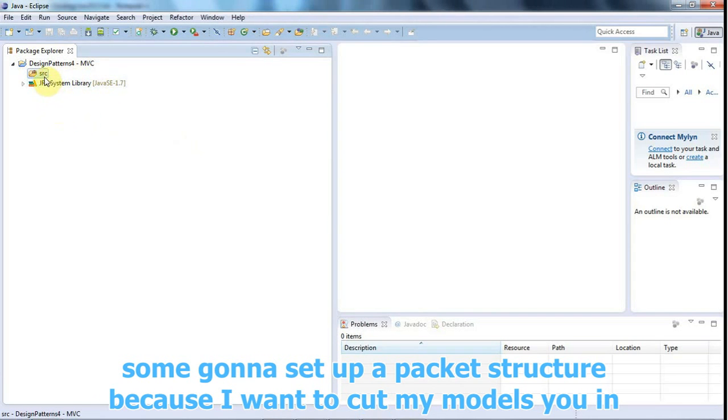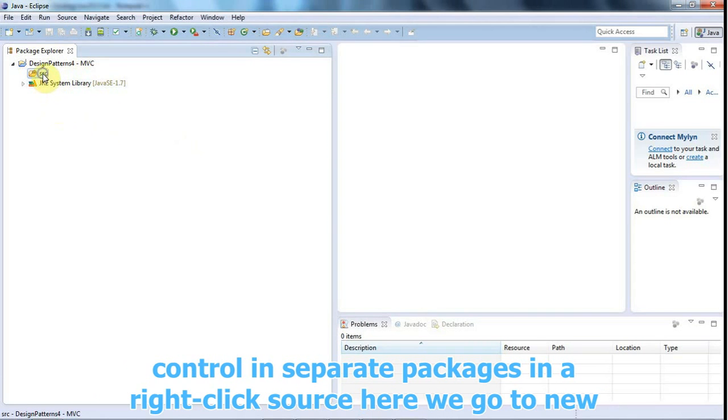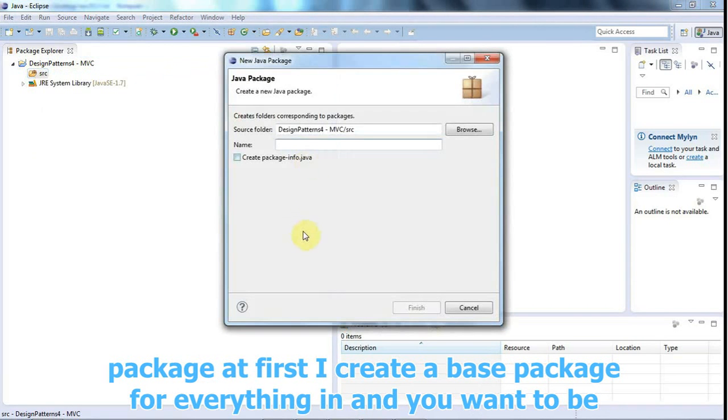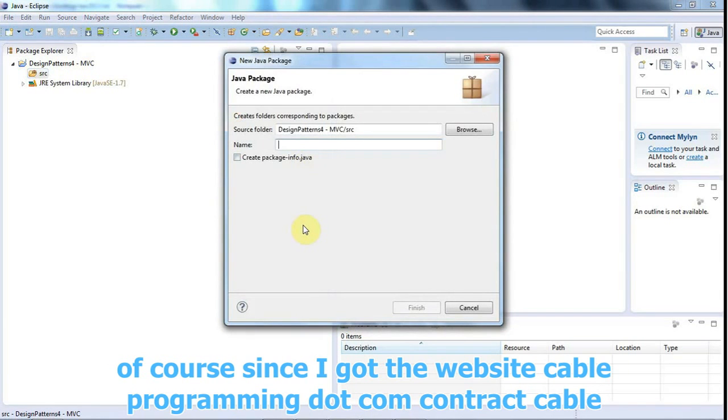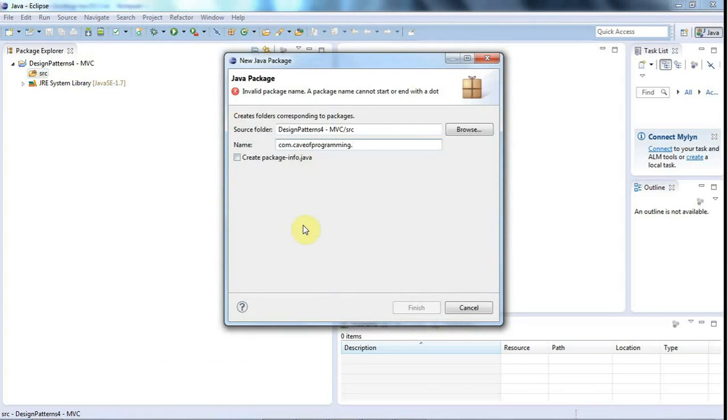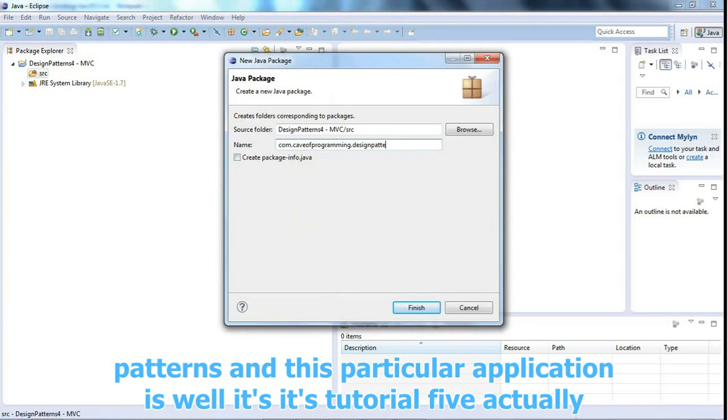So I'm going to set up a package structure here because I want to put my Model View and Controller in separate packages. So I'm going to right click source here and go to new package, and first I'll create a base package to put everything in, and you want that to be unique, of course. And since I've got the website caveofprogramming.com, I'm going to reverse that and call it com.caveofprogramming, like this. And let's give it a, well, this is the design patterns course, so I'll then say design patterns,